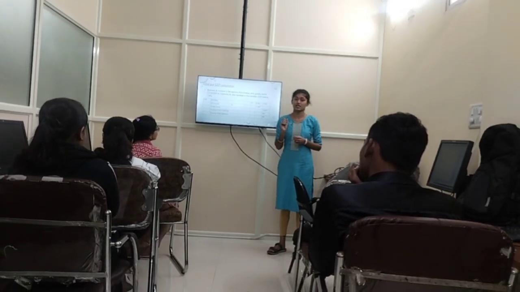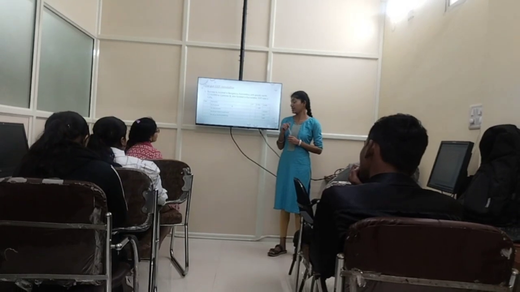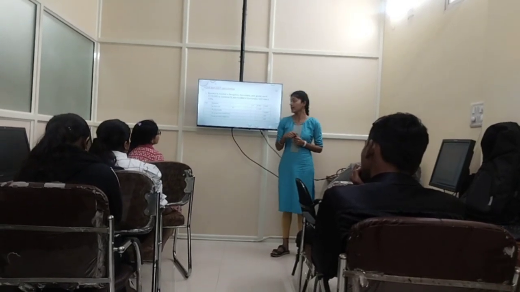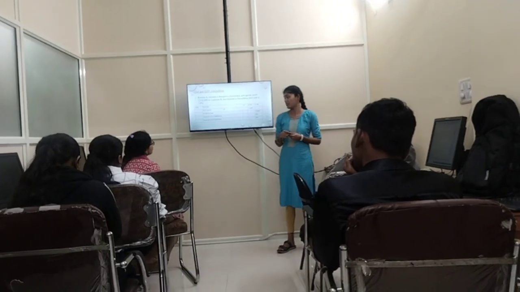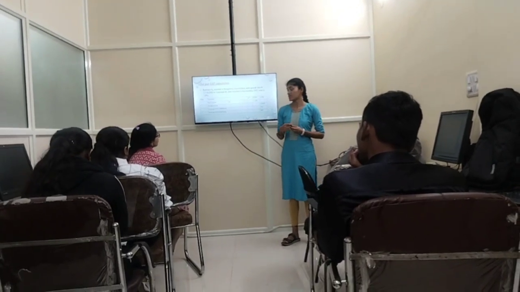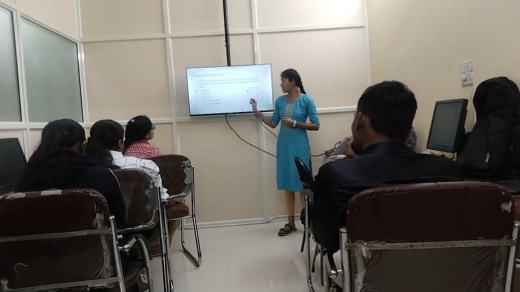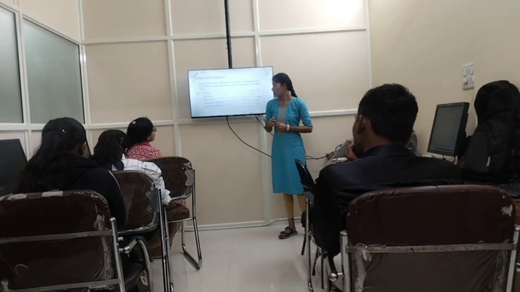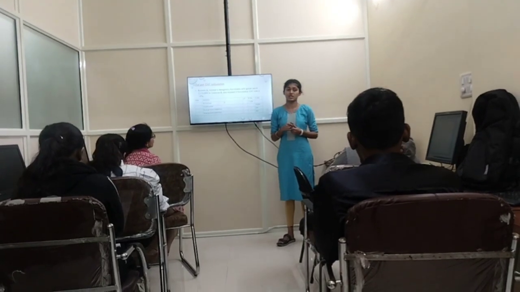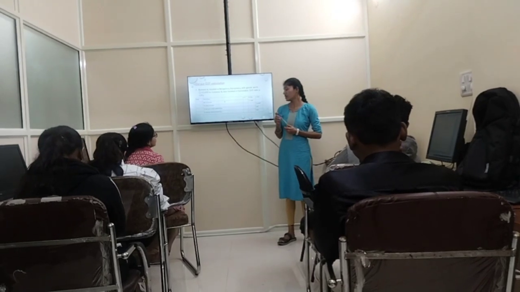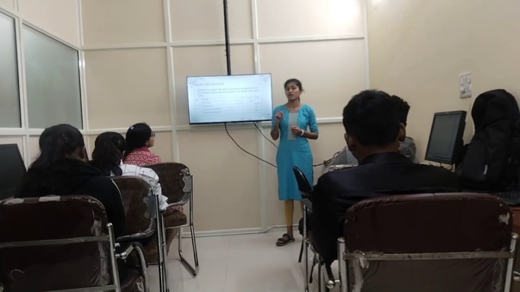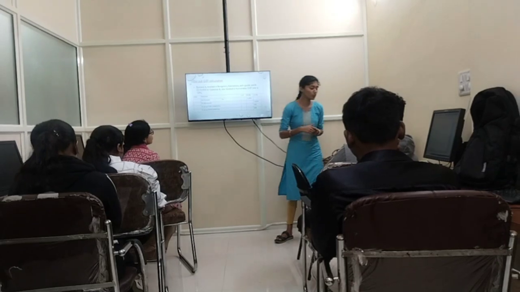When assets increase, it is to be debited. Sales, why is it credited? Because it is income. When income increases, it is to be credited. Output CGST and output SGST are a liability to the business, because when liabilities increase, it is to be credited. Let's move to the other one.